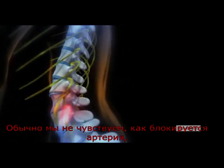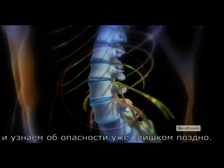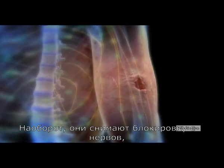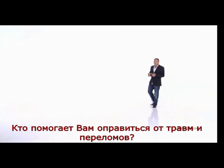Chiropractors don't treat the symptoms. Rather, they remove the nerve interference, which allows the body to do what it does best, heal itself. When you get a cut or a broken bone, who heals it? Your body does. All forms of the healing arts have their place, and let's face it, medicine has an important